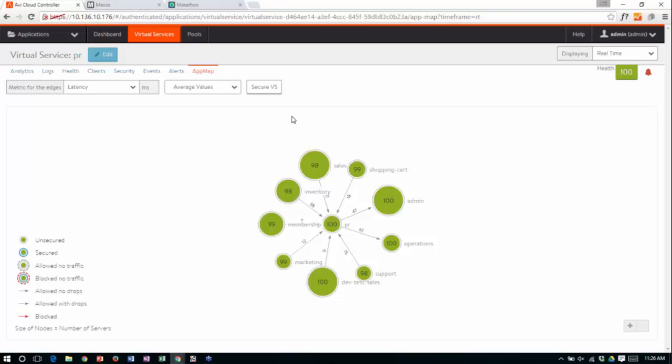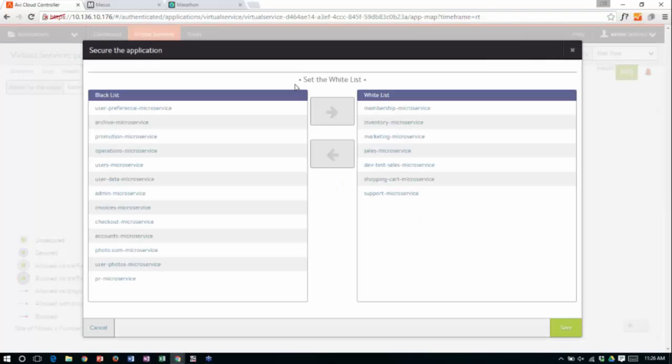How's the system performing? And as part of that, I discover, you know what? I'm really not comfortable with service. Let's pick a service, Ranga. Dev test sales talking to PR. Yeah. So I picked a service called PR, and as soon as I click secure on this, immediately it shows me all the services on the left that have never talked to PR, which I have automatically categorized as a blacklist. And then on the right, I have services that have previously talked to PR, and I have automatically categorized them into a whitelist. Great. So we're not enforcing security right now, but making it much easier for me to assess who are the guys who are already talking to each other and what communications never happen.